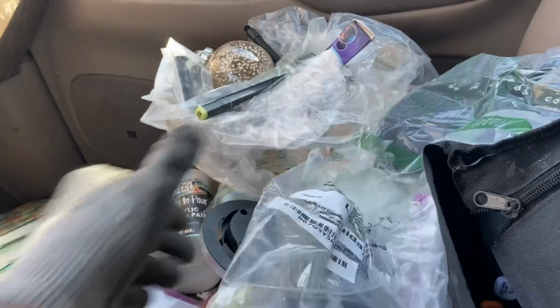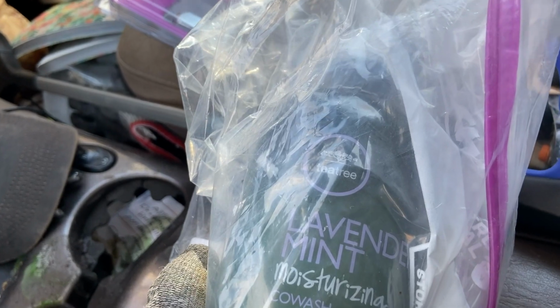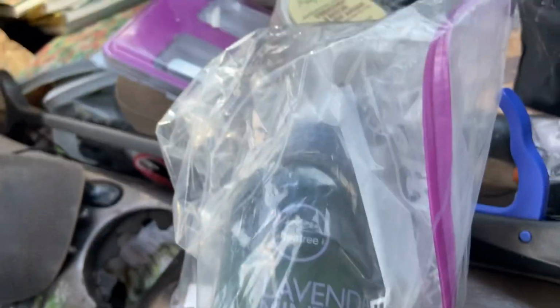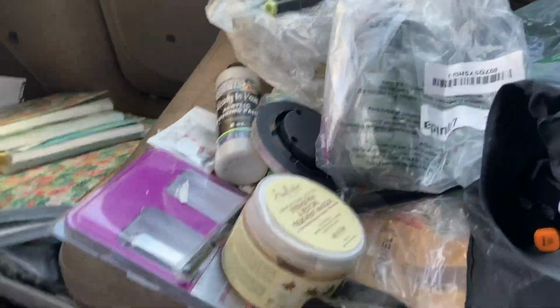But I try to grab things with the SKU numbers because you can look them up. And here's another one. It's a bottle, Lavender Mint Moisturizing Co-Wash Conditioning No Lather Rinse. Well, there you go. And I don't believe it's leaking. Looks like the pump is intact. Got the SKU. I can look it up that way. But even if the SKU doesn't work, as long as you can read the name, the full description, you can look it up anywhere, on Google, on